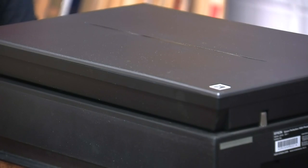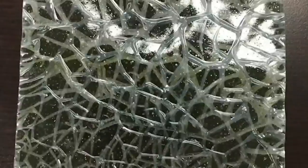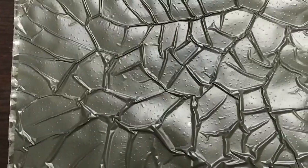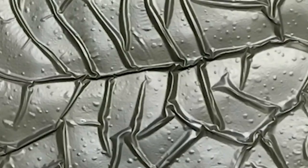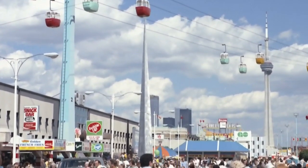What we're doing is we're scanning the cellulose acetate negatives from our Alexander Studio collection here at the CNE archives. It comprises 109,000 negatives, and all of them are suffering from vinegar syndrome. Vinegar syndrome happens when the emulsion of the negative starts to degrade and crack due to high humidity and pressure. And when that happens, little channels start forming across the image of the negative, and we end up losing the